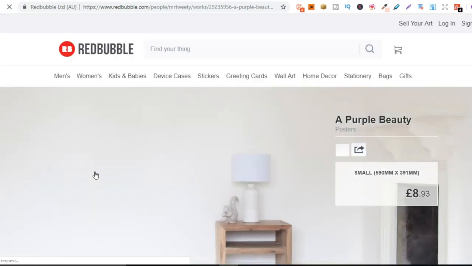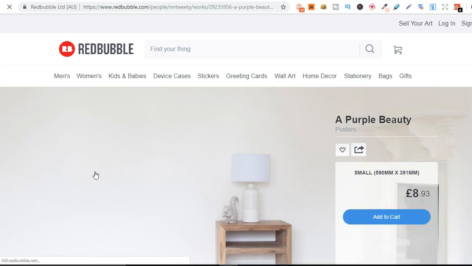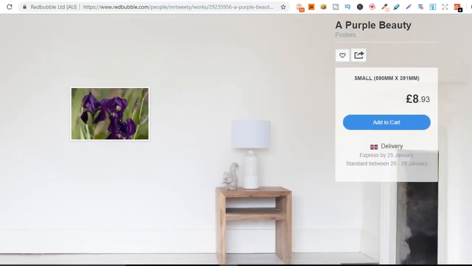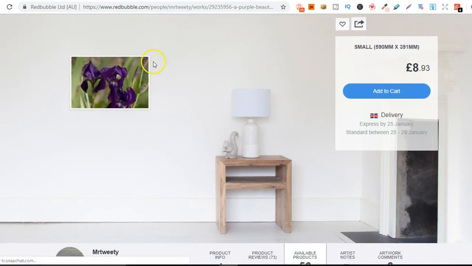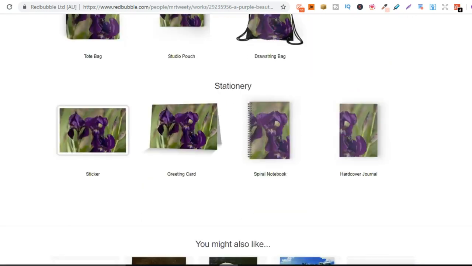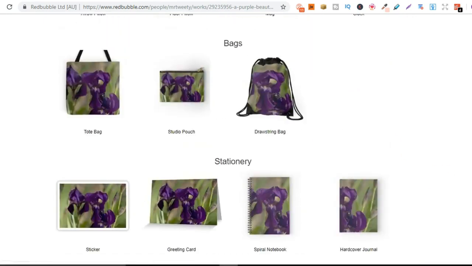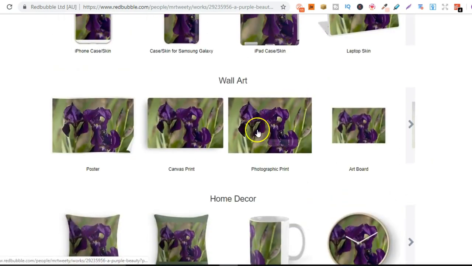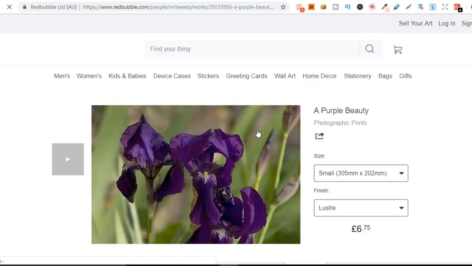Now, don't go around this thinking if you put your photos on here that you're going to sell every single one, because you're not. It's like even if you designed products or designed t-shirts, you're still not going to sell every single one. But as we can see, so this wall art is £8.93. Let's go to a bigger one. Let's choose this one. So let's have a look at this one, see what the price is. He's selling that for